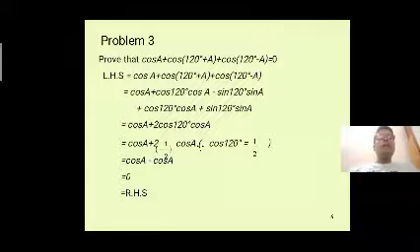Otherwise, here in the place of cos of 120 we can write cos of (90 plus 30) also. You know that cos of (90 plus theta) is in which quadrant? In the second quadrant. So the cos function is negative, and the sin 30 value is 1 by 2, so we take minus 1 by 2 also.